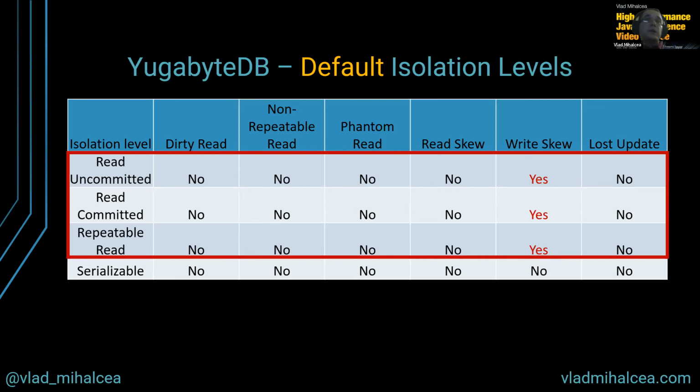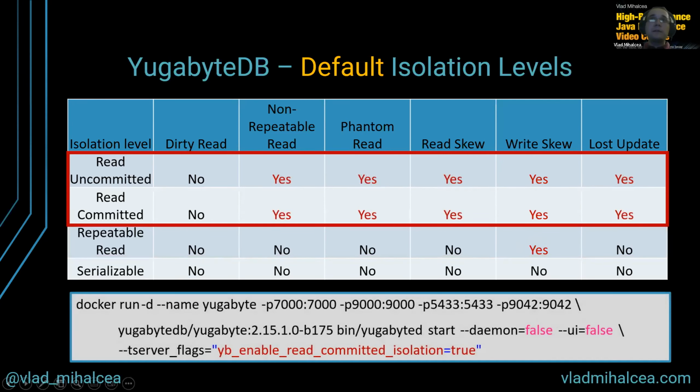But then you can switch to serializable, just like in Postgres, and then you can prevent that as well. You also have in Yugabyte the possibility of getting a read committed isolation level, but you have to enable it when, for instance, you start Yugabyte. For instance, in my case, I'm starting it in a Docker container. But if you have it running in the cloud, you would have to enable it like this, and then you can also have read committed, just like